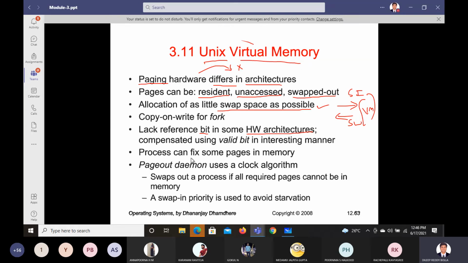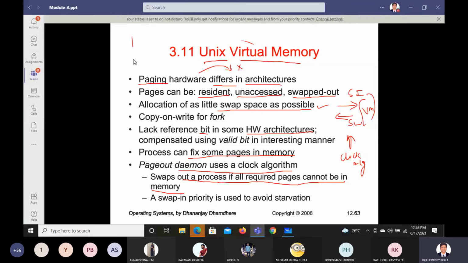Then a process can fix some pages in memory. If you want to page out, or are trying swapping, page in and page out, we should use an algorithm called the clock algorithm. It will allocate some time, after that it has to return back. Swap out a process if all required pages cannot be in memory.